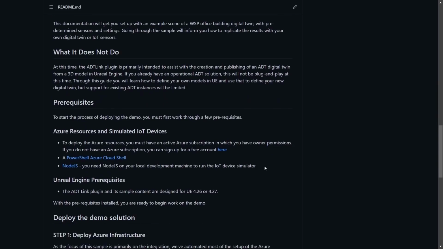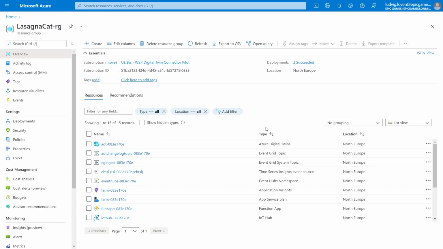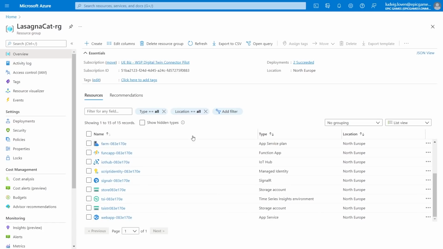So when you set up the Azure backend, it will look something like this. I'm not going to do the full setup now because that takes quite a bit of time, even though most of it is automated. So you will have a resource group with a hilarious name of your own choosing, and then that resource group will be filled with the different services.